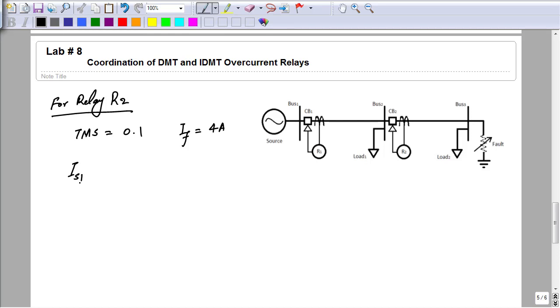I set of relay 1. We have already done the setting of set current. Let's make it 1 ampere. That was according to the criteria given. Next we will find out the operating time of R2.